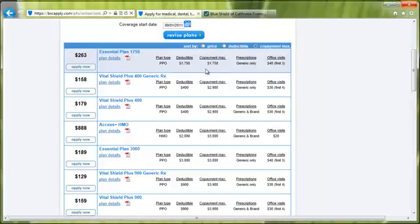When you look at the plan, and you want a plan that will give you the most coverage for the least amount of money, or the lowest out-of-pocket maximum amount, you can see here it gives you from the lowest to the highest, and this one is actually $1,750 with the essential plan here. And the deductible is that. So this plan is designed